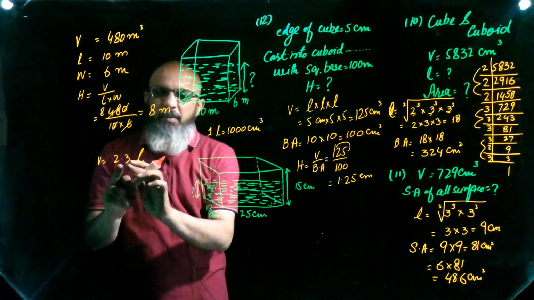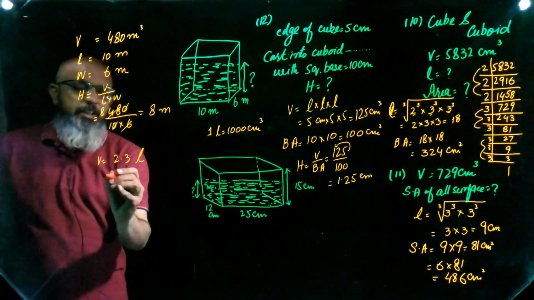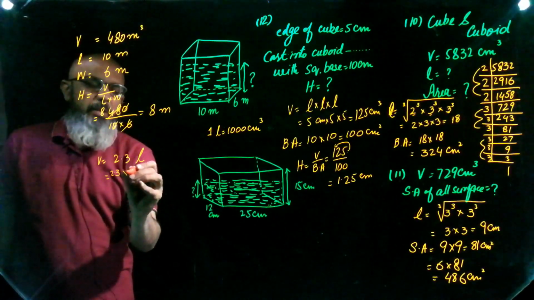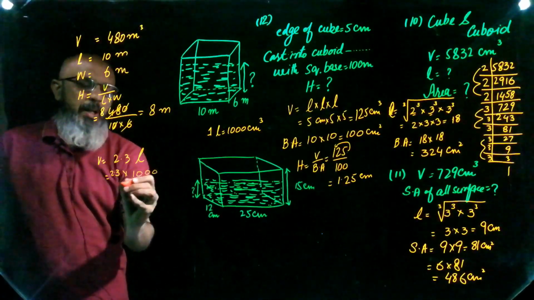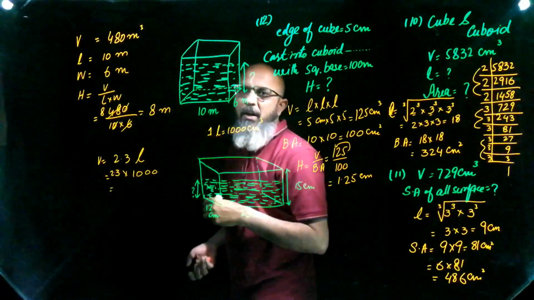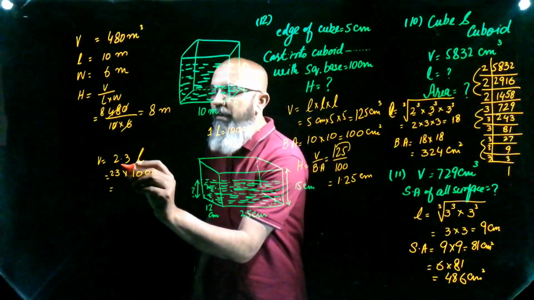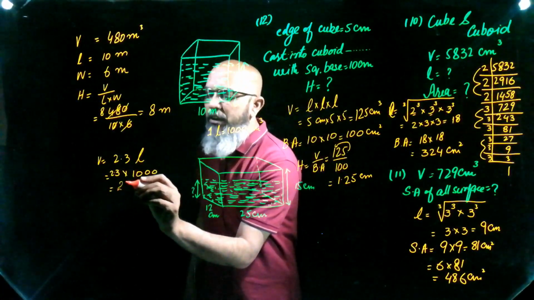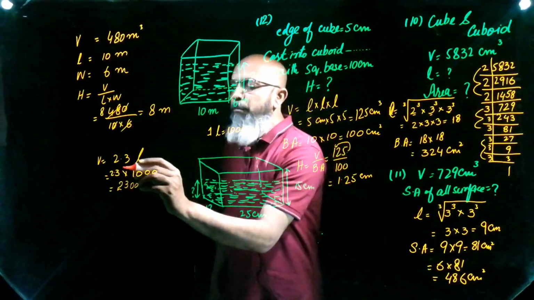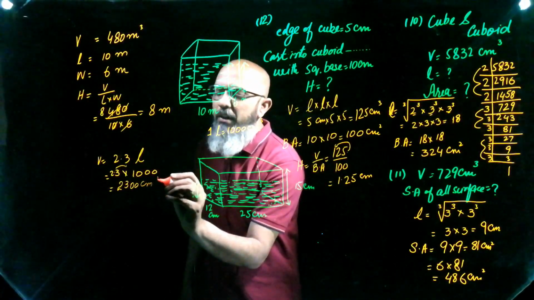So what is the first given thing to you? That is volume. Volume is equal to 2.3 liter. So first we convert this into centimeter cube. Means we have to multiply with 1000, right? I already said again and again, we need not multiply with 1000 or 10,000. We will move the decimal. It will move 3 places. Your answer is 2300, right? Because it moves 3 digits. So that is now centimeter cube.